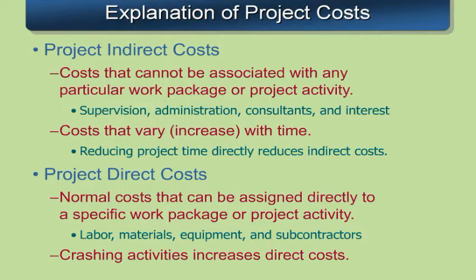We have project indirect costs that we talked about back when we were doing costing work in chapter 5, I believe. In that we talked about these indirect costs that we can't directly associate with a specific work package or a particular project activity, things on the project itself, like the project office sitting at the work site. That covers lots of different things, but it's probably not tied to a specific project activity. Supervision, administration, consultants, interest on money borrowed for that part of the project. So those things are all things that we can't assign to a specific task.